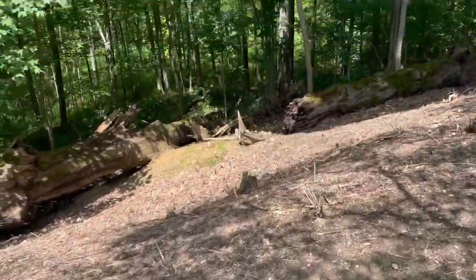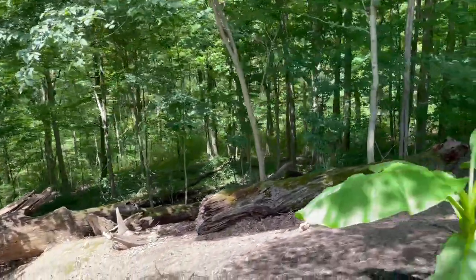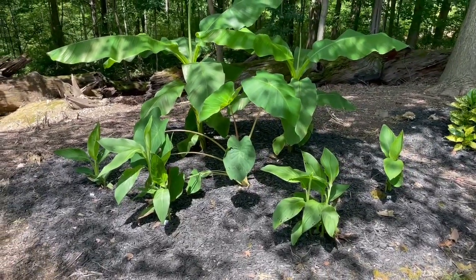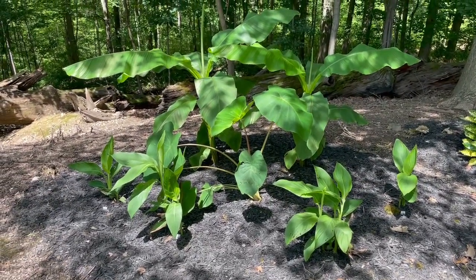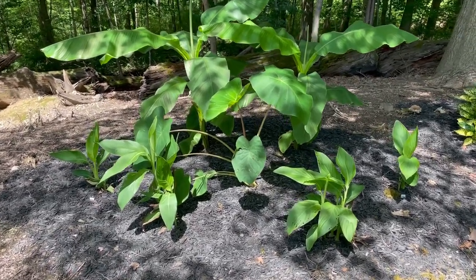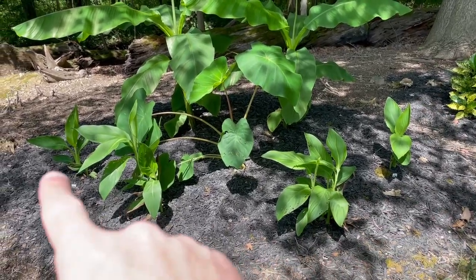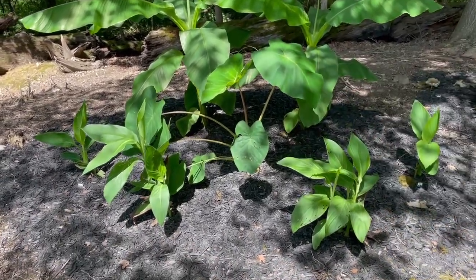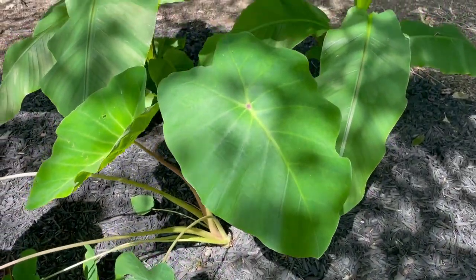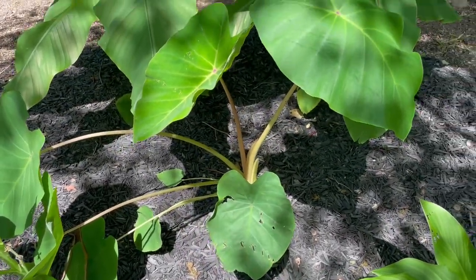We'll go check out this garden. Take a quick look back into the forest there. Now this garden's almost full shade. You can see it's getting some filtered light right now, but that's about it. It will not get any more light than you see right here, right now. We've got 4 cannas right here, and then another one of those pink china calicasias right here. This one's not spreading as much as the others,